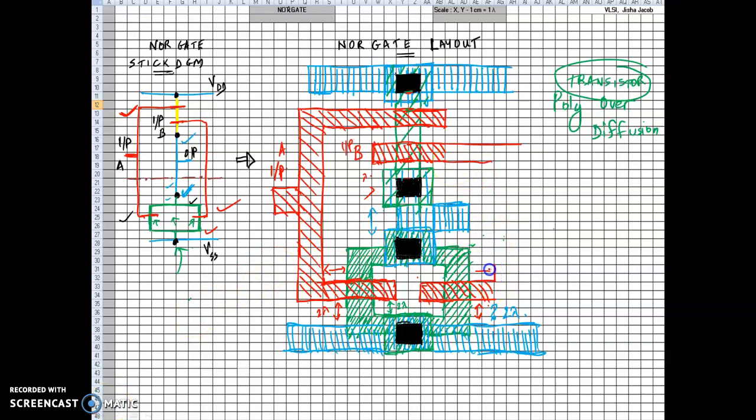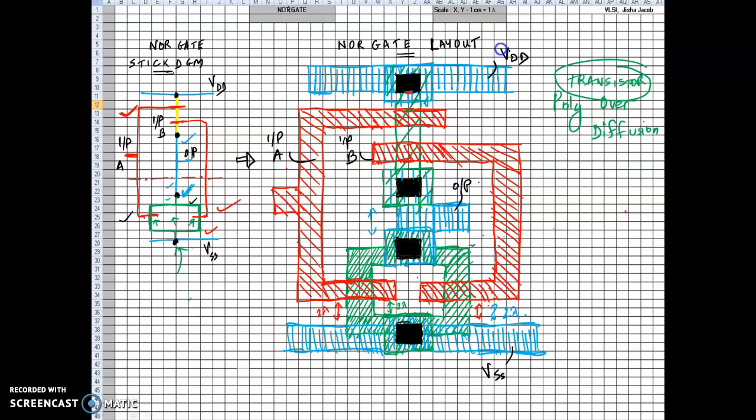Let's take the bend at the bottom, watching the minimum distance of 2 lambda, and keep going up to meet the polysilicon at the top. Here also keep going, maintaining 2 lambda width and 2 lambda distance from all diffusions, which has been satisfied over here. Please do a neat job with the shading. Let's look at the inputs. Input A is applied here, input B is applied at this end, the output is observed here from the metal, VDD supply is applied at the top metal railing, and VSS supply is applied at the bottom railing.